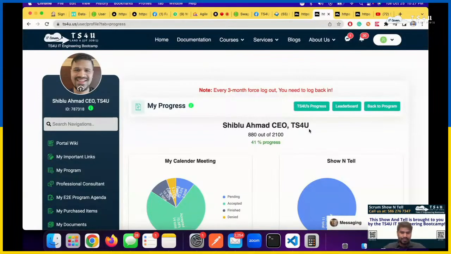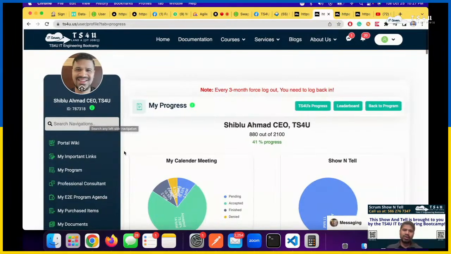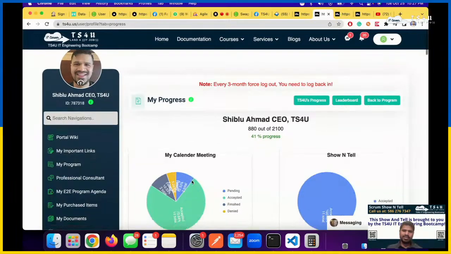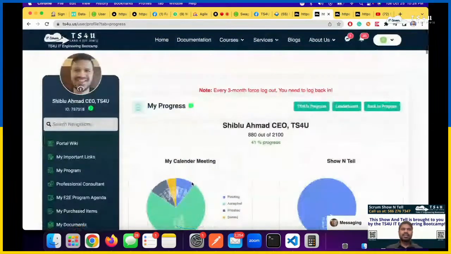Public means anybody can access it, but nothing will work for them, because until you are part of a program, you will not see anything on your dashboard. Make sense? So you are asking if you have a different ID on Agile ALM than on TS4U, how it is going to work or not.